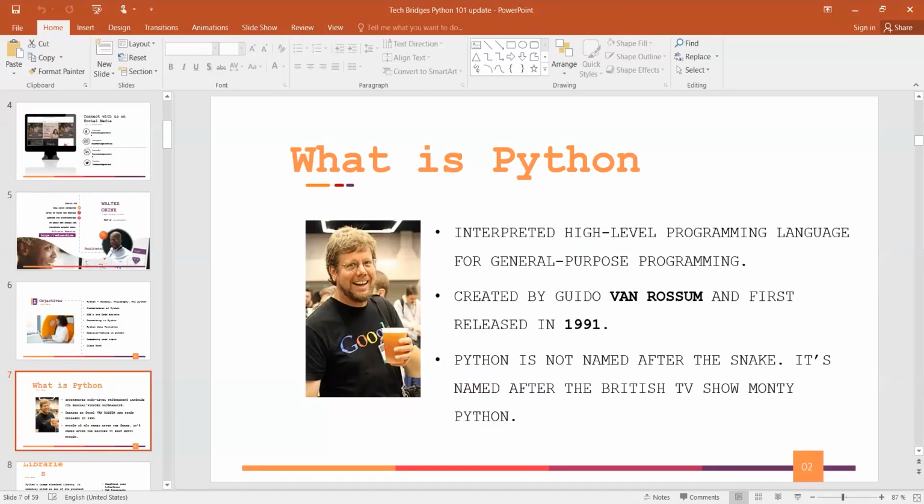So he's currently at Microsoft. They are trying to add Python to the current